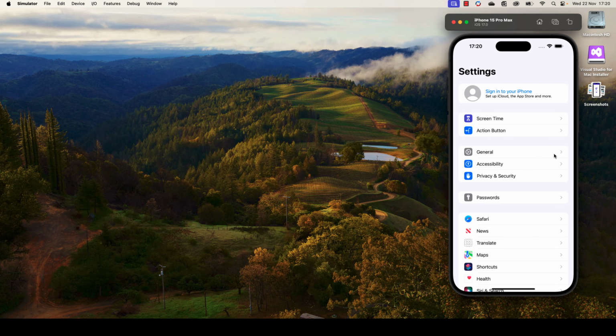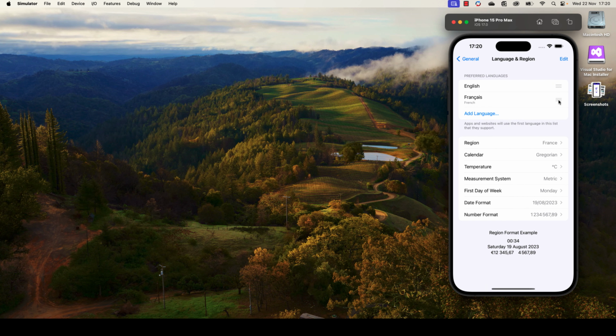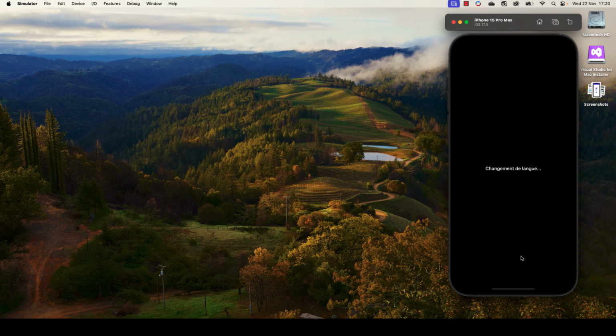Hello guys, in this new tutorial of .NET MAUI, today you're gonna see how to manage localization in your application